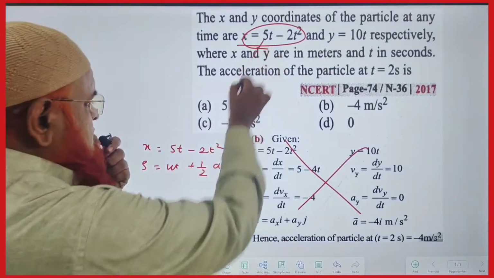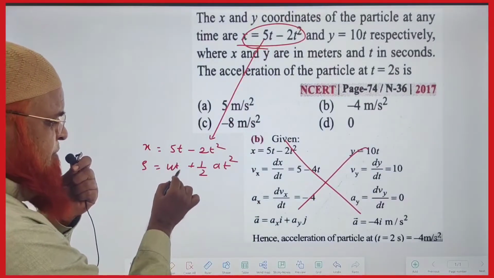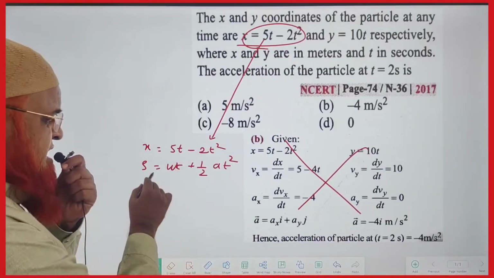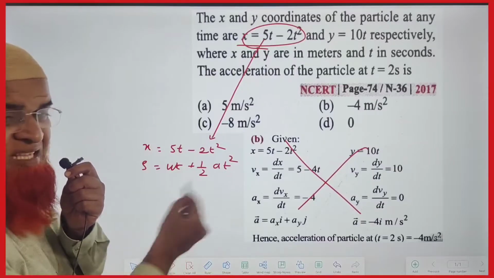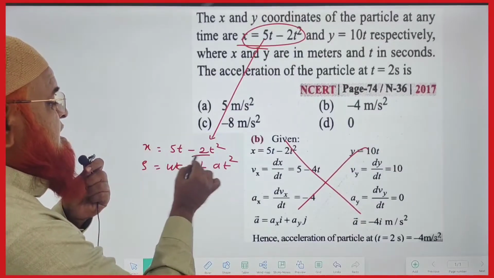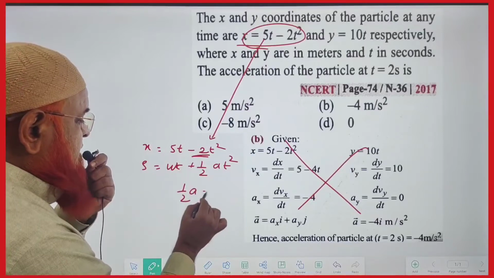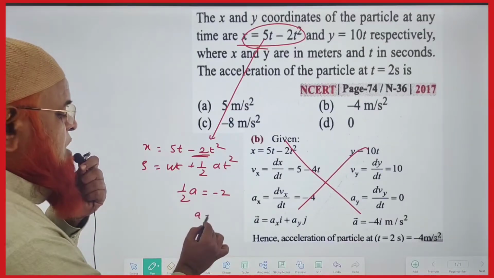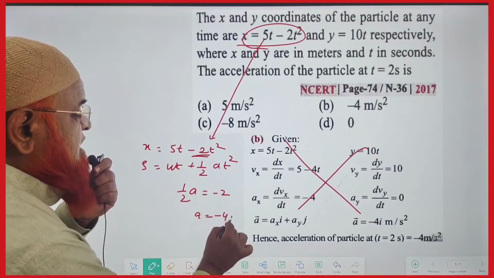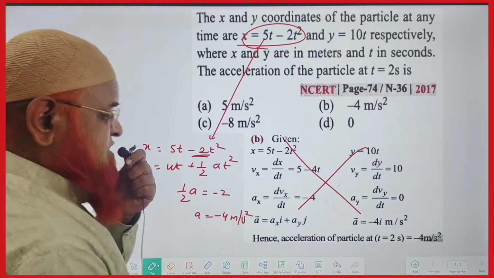अभी देखिए, ये इक्वेशन मैं यहां पे लिख दिया और मैं इस इक्वेशन को जनरल इक्वेशन s = ut + ½at² से कंपेयर कर रहा हूं। अब यहां पर देखिए, ½a के प्लेस में -2 है और ये -4 हो गया। क्रॉस मल्टीप्लाई कर दो, -4 मीटर्स पर सेकेंड स्क्वायर।